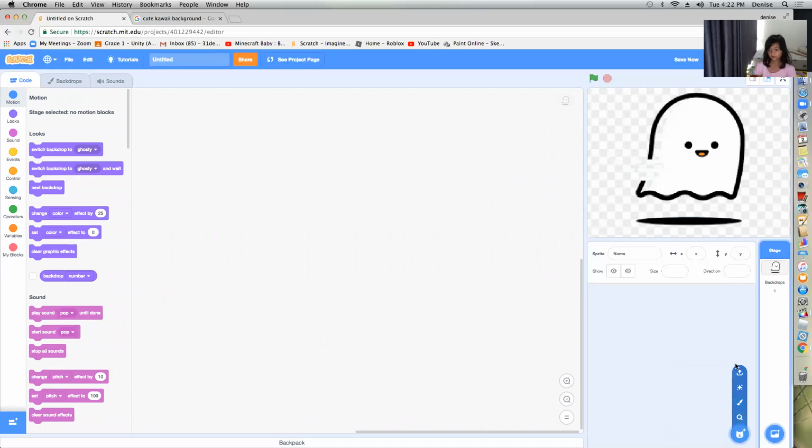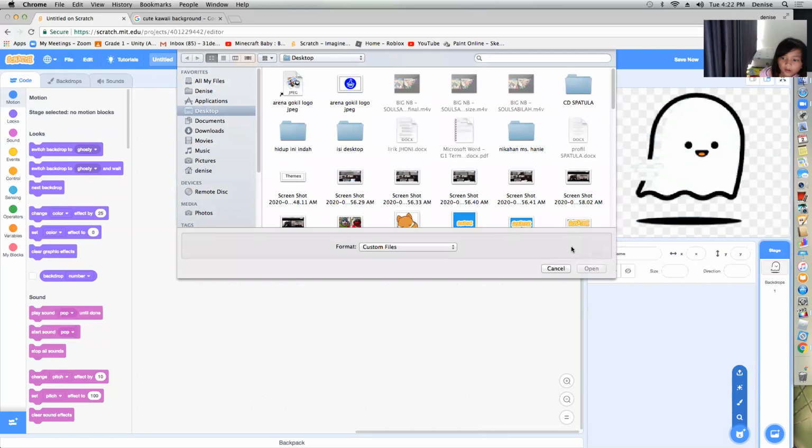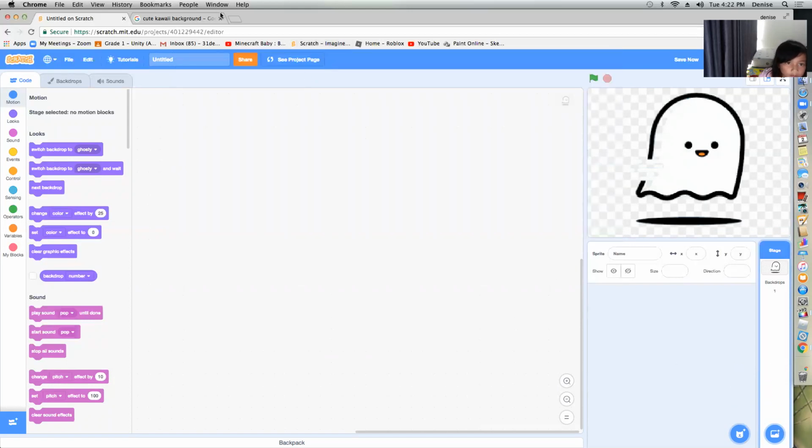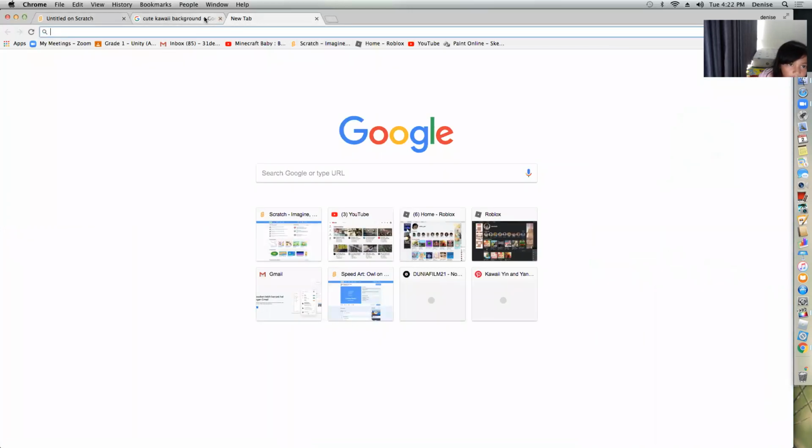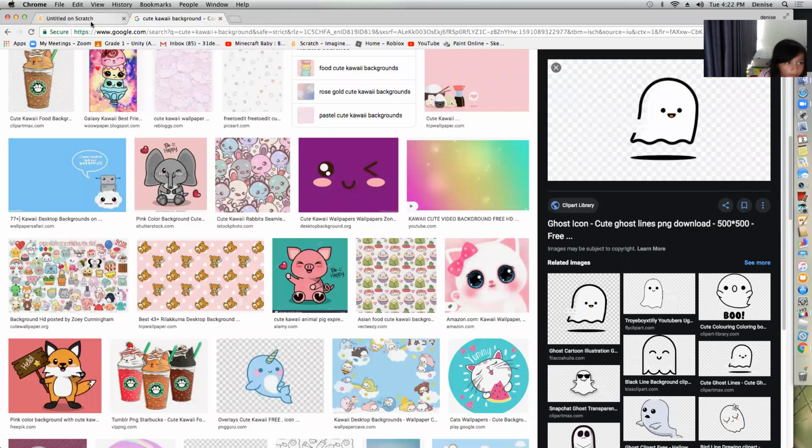And let's upload a sprite, because today we're going to upload sprites and backdrops. So upload a sprite or search for it first. Me, I already have it.